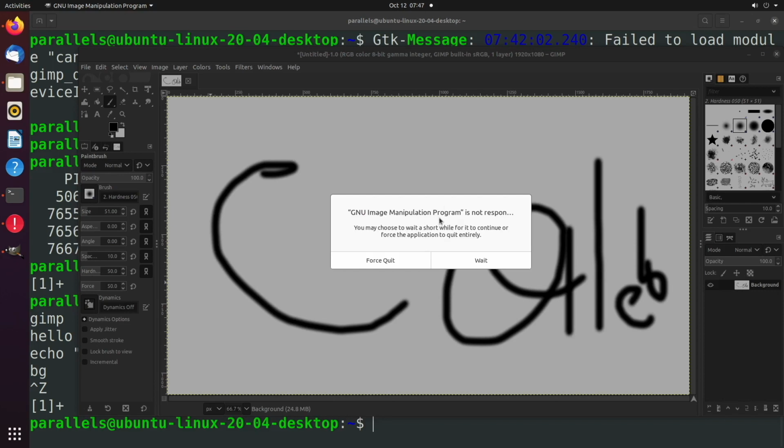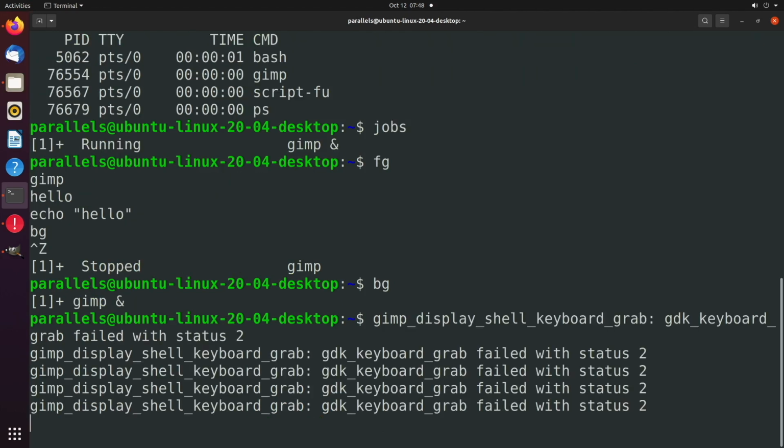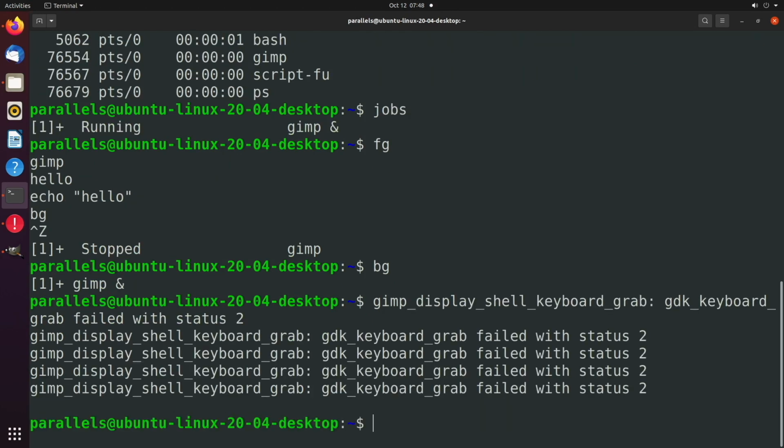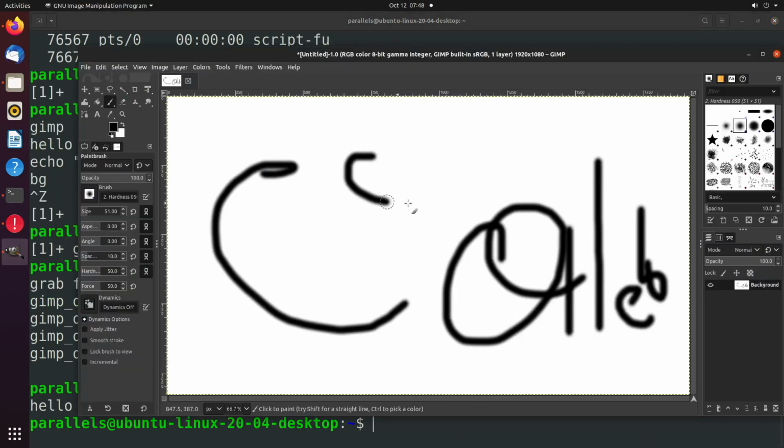And it says it's not responding. We'll say wait, we'll go back to the terminal, and now we can send this to the background like so. Now we should be able to type whatever we want into the terminal. It works, and we should be able to go back to GIMP and start using it again. So that is how you take a currently running process that's in the foreground, pause it, and then relaunch it